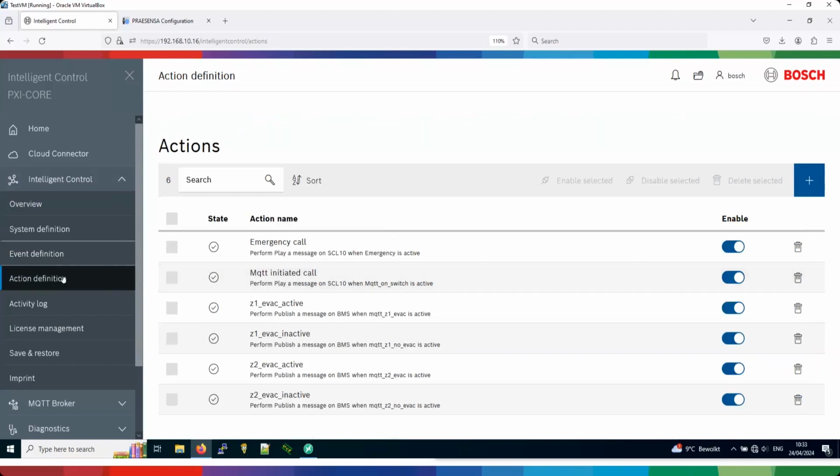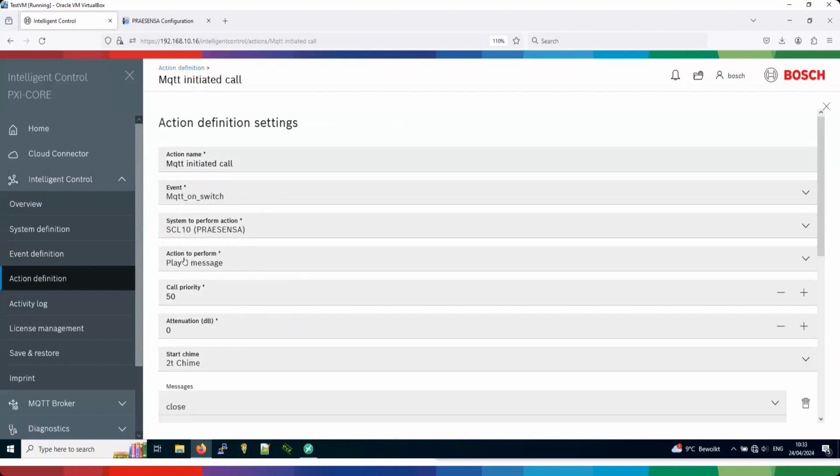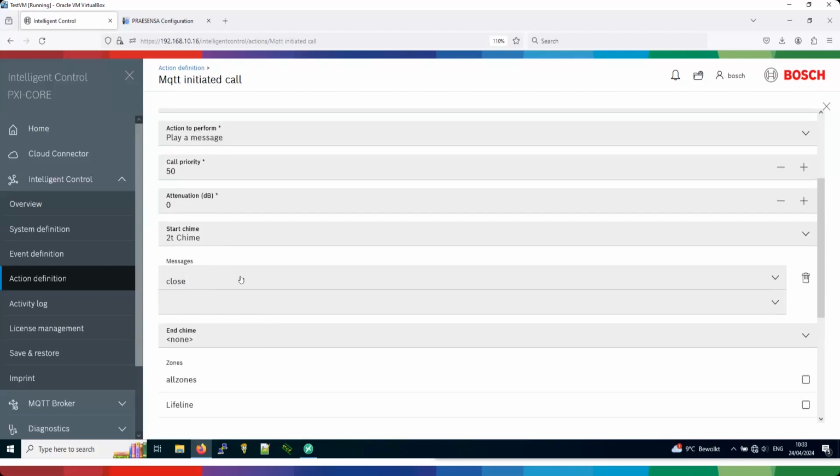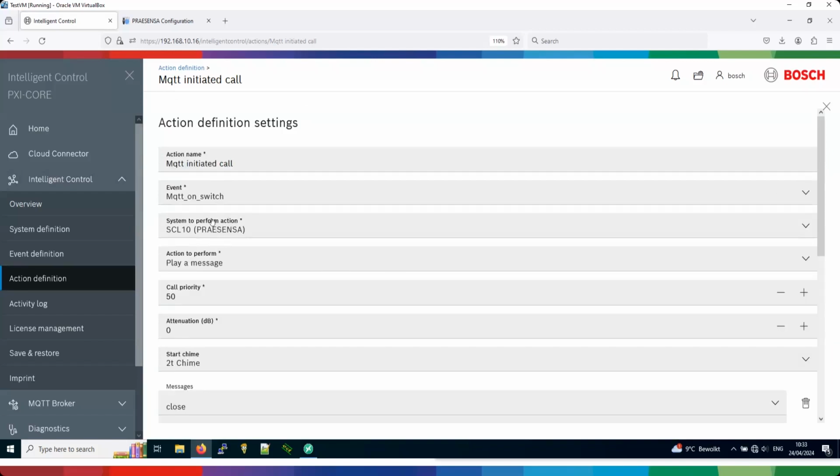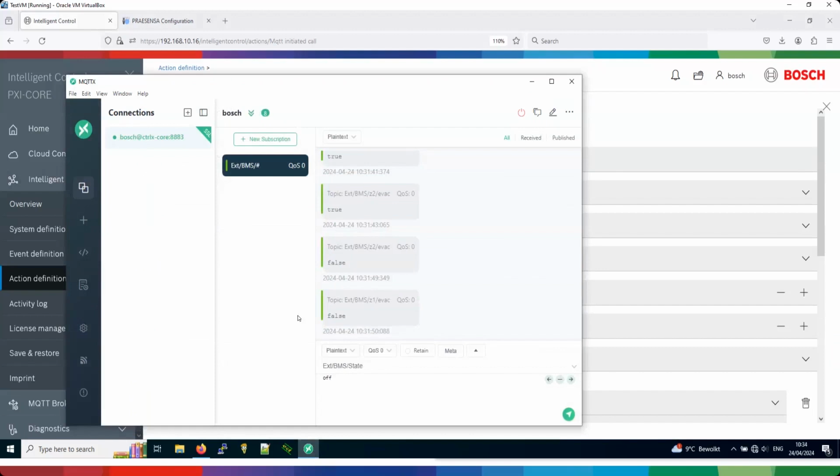When I go to the actions again, on the active initiated call, I call it. Then I can say play a message at the moment that the MQTT on switch event happens. So now I can create a call based on this. In this case, I had a message like an airport closing. This is the configuration you need to do in the Intelligent Control app. If you now have a device which is able to publish an on status on that BMS topic,